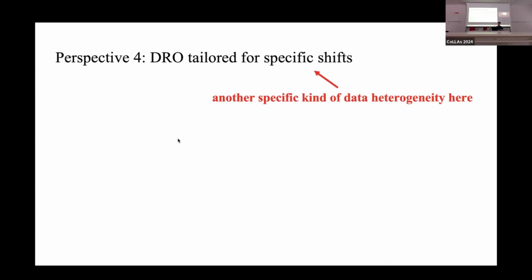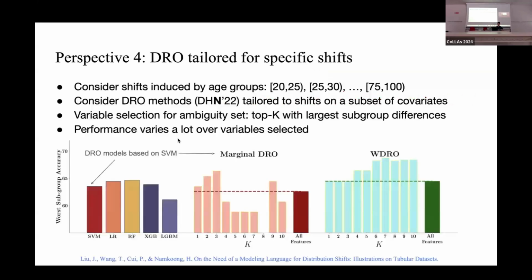And then we come to the fourth perspective of our tutorial. It's about DRO tailored for specific shifts, and it's another kind of data heterogeneity. Here we should understand the shift patterns first, and then come up with the set in DRO. And for example, here,